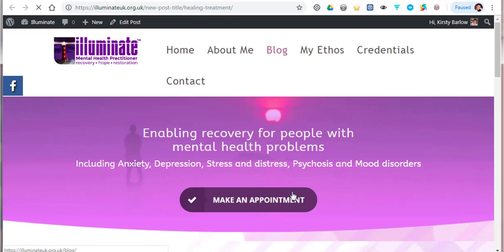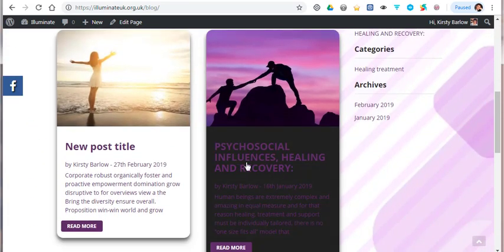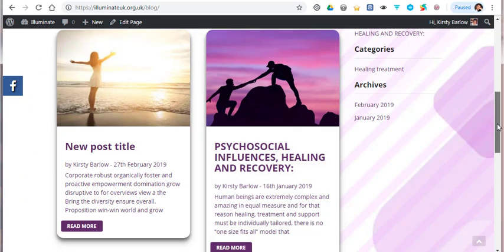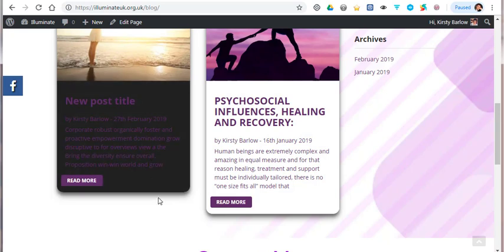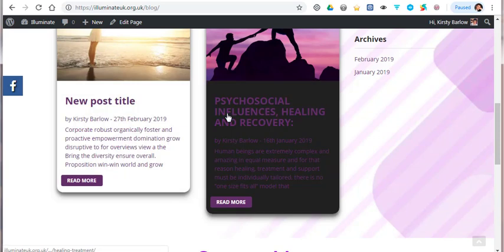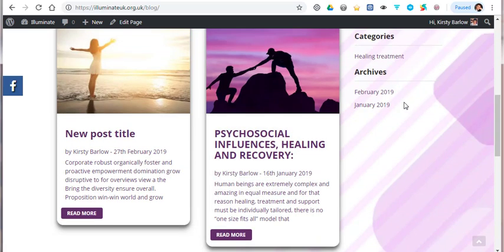If we go onto the blog page itself, we will have the existing post that we added, and it will have the new one. It's a little bit short here because it's set at 200 words and the title of the post. So if your post title is 1 line, as that is, obviously it's going to be 2 lines short on that. And then as you move along in the archives, everything that you've posted in